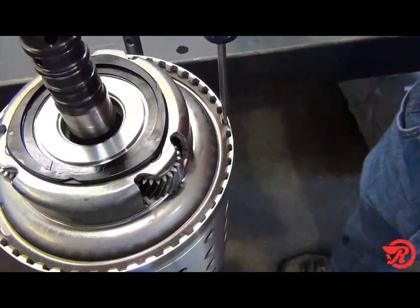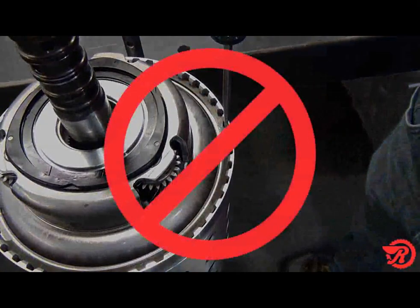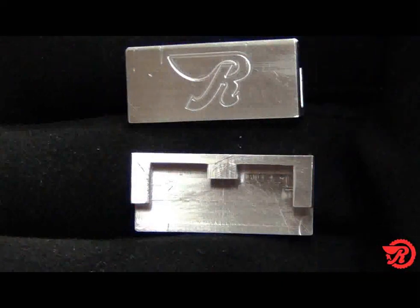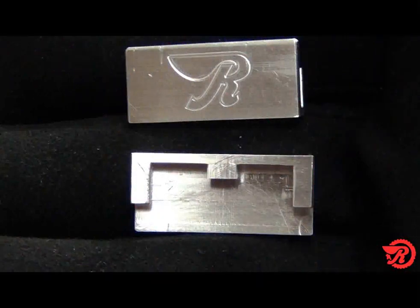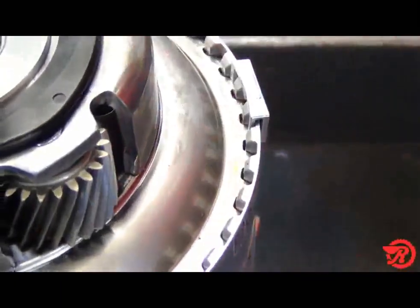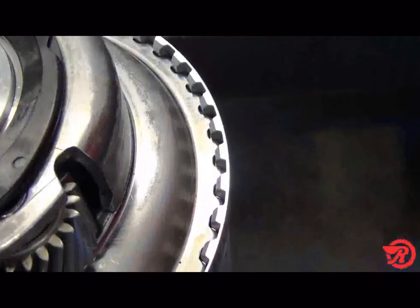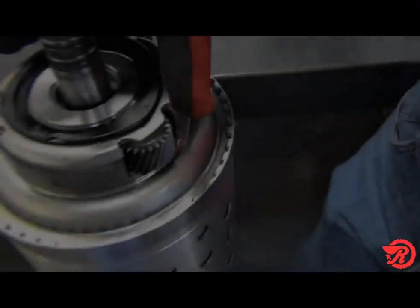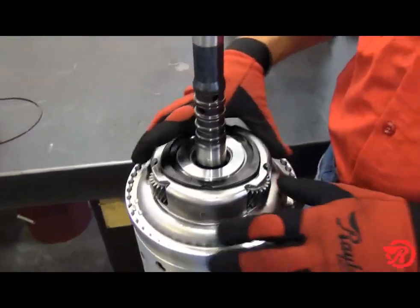To remove this snap ring, insert the screwdriver 180 degrees from the open end. You will need the special tool to keep from damaging the drum. Insert the special tool and pry the snap ring, and out it comes. And no damage to the drum. More on that later. Next, remove the P1 planet,